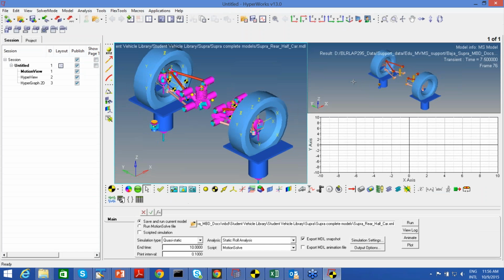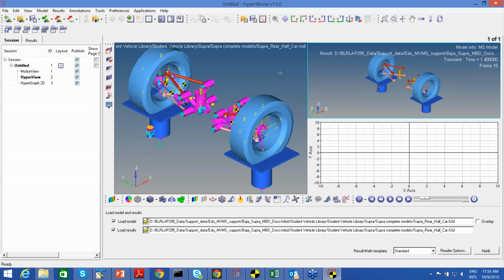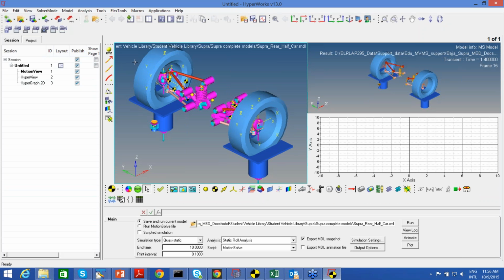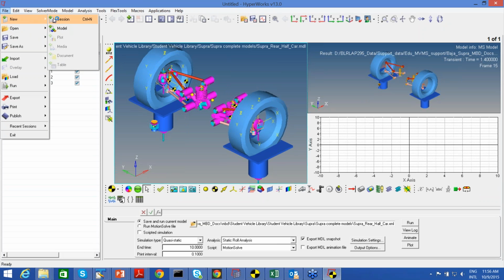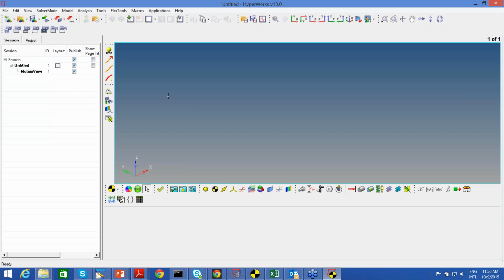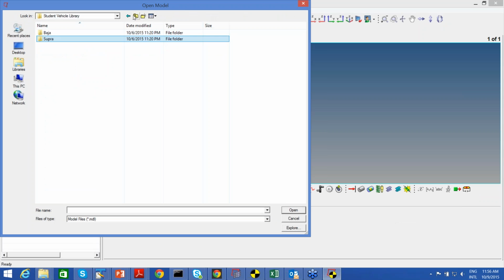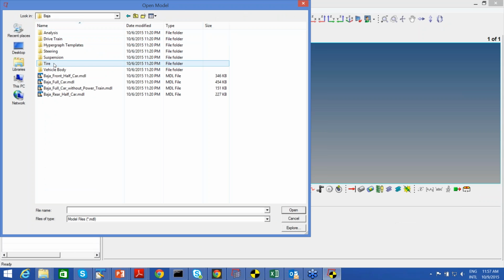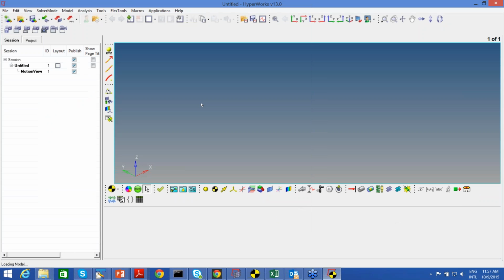We have seen how to deal with front suspension as well as the rear suspension. Now we will see how to look into the full vehicle model also. So I'm going to have a new session to build the full vehicle model also. So I'm having a full car model,